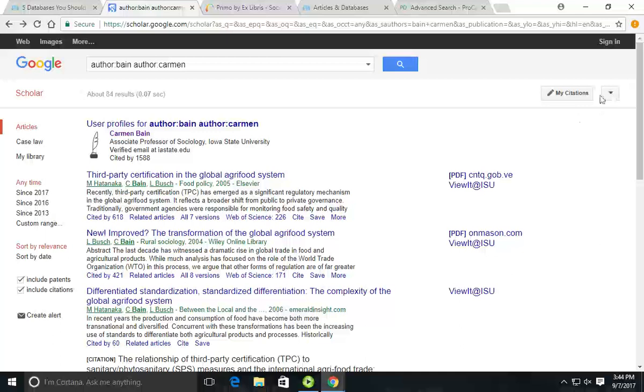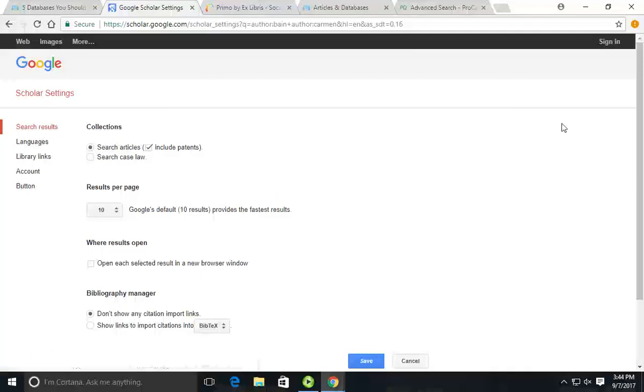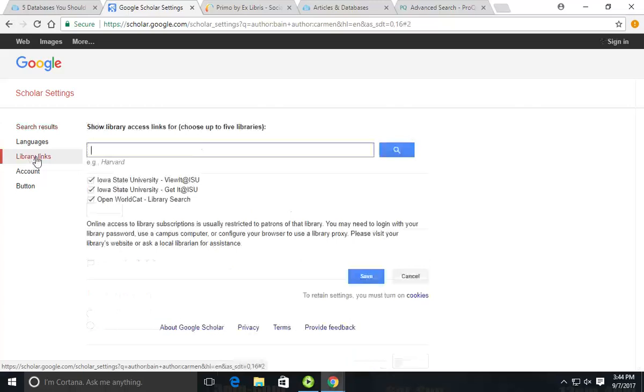Using the little down arrow here on the right, next to my citations there's a down arrow, change your settings. And you can just change these once on your laptop and it'll save it, obviously. On the left is library links, and this is where, right now it knows you're on campus, so it already says Iowa State here. But if you're off campus, you can type in Iowa State University here, and it brings these up on the screen as options for you to check on your own computers. Once you do that and save it,